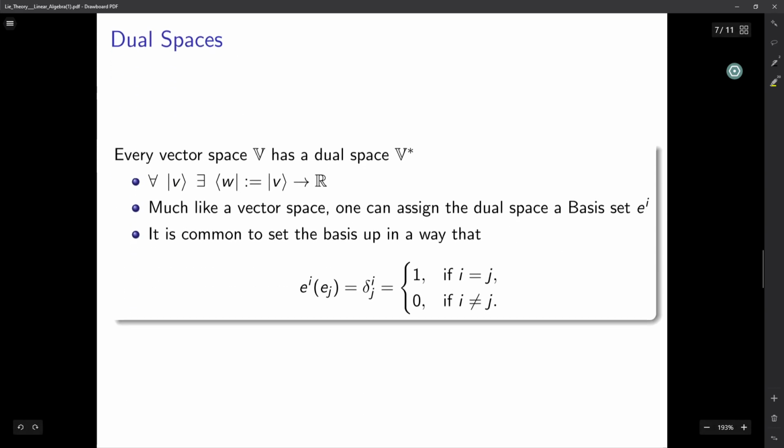Okay. Now I'm going to build another construct on top of this, called a dual space. I'm going to denote it with V star. And all it says is that there exists an element of the dual space, and every element is essentially a linear map,